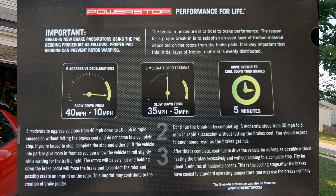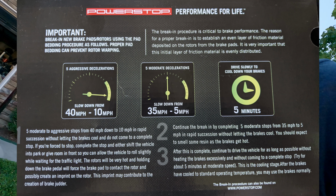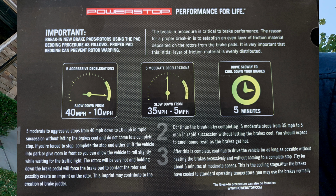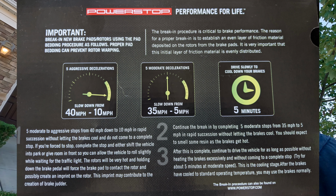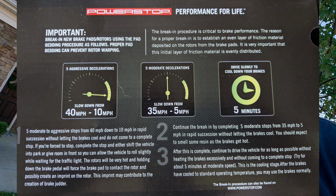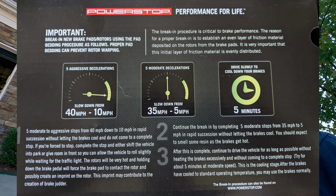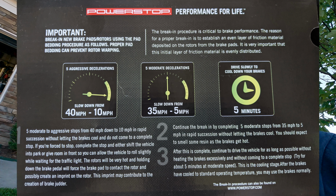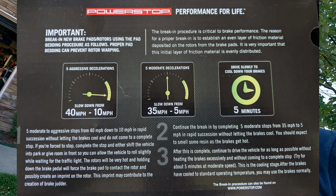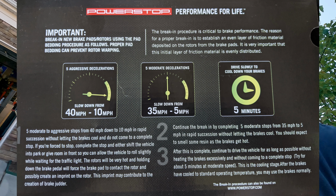There is a break-in procedure for these brakes. I'll go ahead and post the picture of that here, that way you guys have it. It involves, as the instructions say, 4 or 5 aggressive decelerations, slowing down from 40 to 10 miles an hour. You do that in a row real fast to get the brakes really hot. Then you do 5 moderate decelerations from 35 miles an hour to 5 miles an hour,